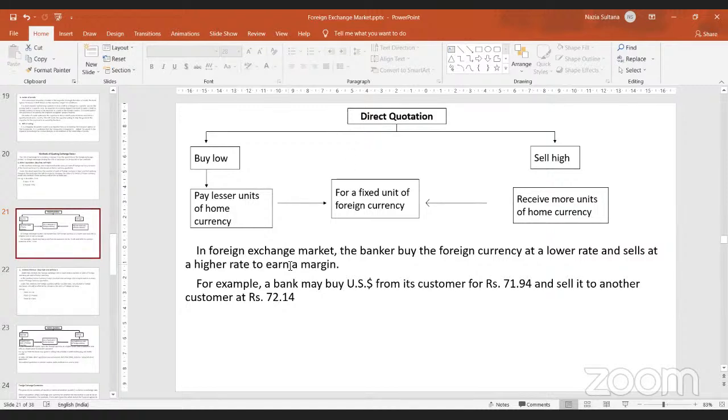So in case in the foreign exchange market, for example, you are a bank, then you will buy a foreign currency at a lower rate and sell at a higher rate, because you want to have more margin there. Say for example, today rate of dollar is $1 is equal to 81.6 rupees. If I am anticipating that tomorrow the rate of dollar will be 82 rupees, then today I have to spend less money to buy dollar. So let me buy more dollars today, because tomorrow I may have to spend more money to buy $1.